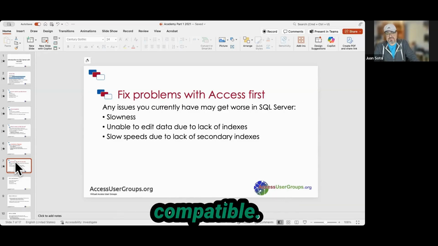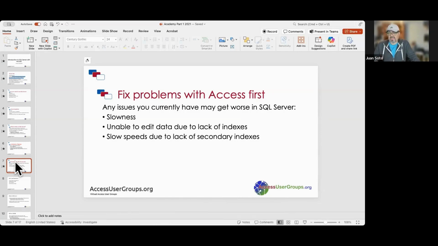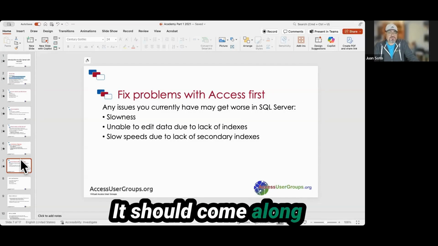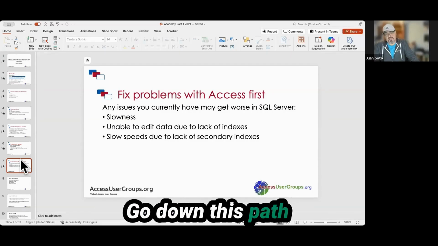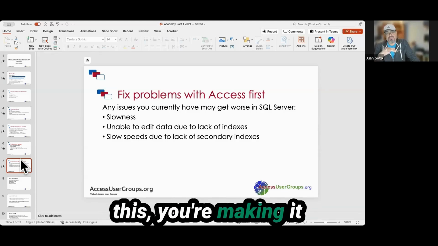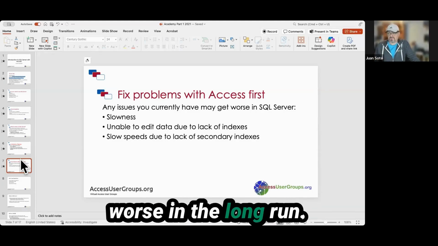Those are not compatible. They will not upgrade to SQL Server. So you gotta do your homework and fix the issues you're having now with Access, right? Before you go down this path, because if you don't do this, you're making it worse in the long run.